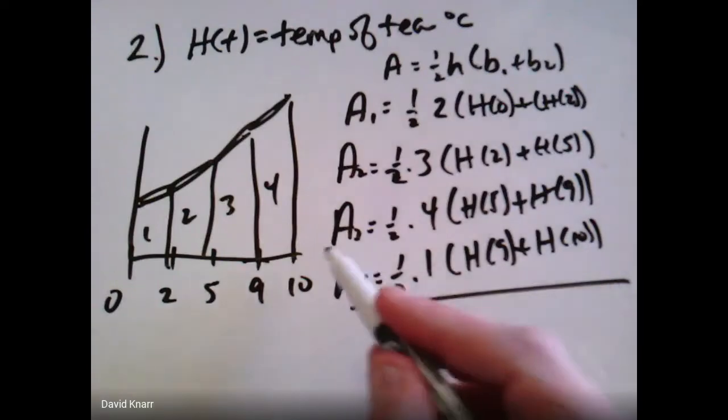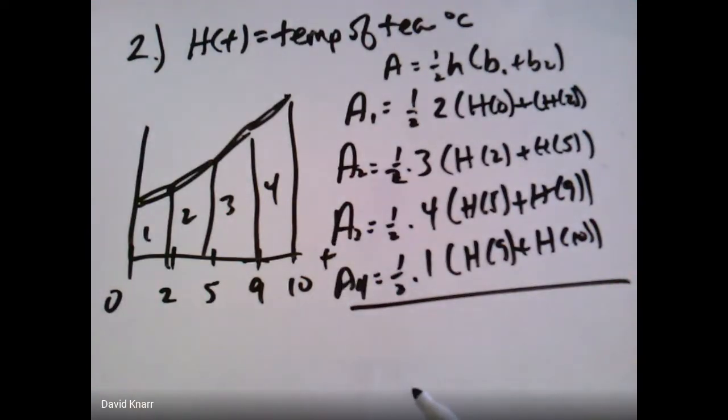Okay, if I add these all together, it gives me a total of 529.5. But I don't want to just sum them, I want to find the average. I want to divide it into 10 equal pieces. If I do that, I get